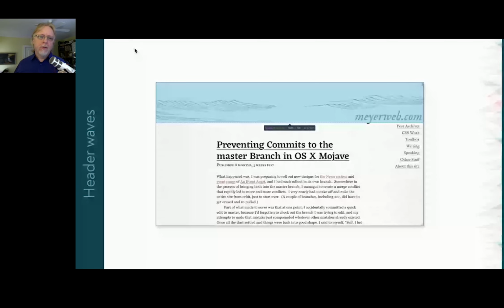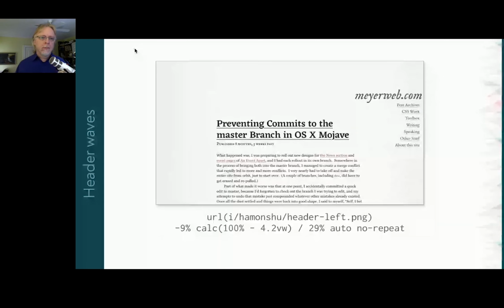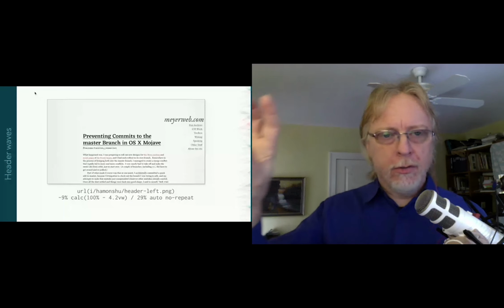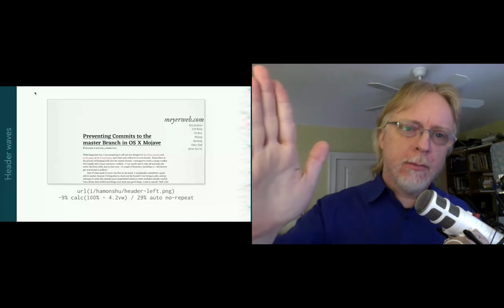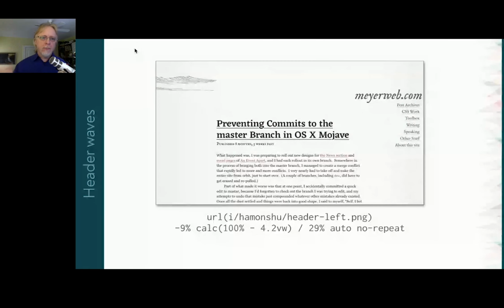So if we take away the backgrounds for a moment, then add in the first of them, like this, I have this one image. And here it's pulled a little bit off screen to the left, and the vertical placement uses a calc expression that I arrived at, honestly, mostly by trial and error. I could have drawn a grid and golden ratio and whatever, and it would have found a place for it to go.